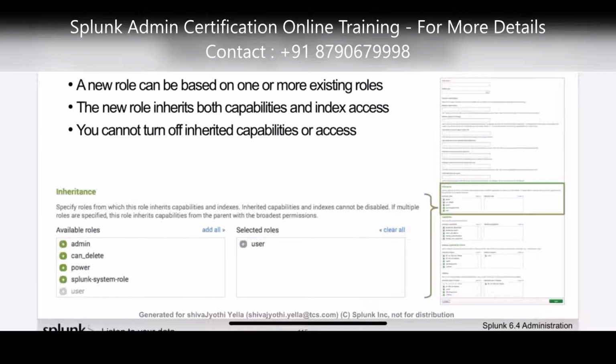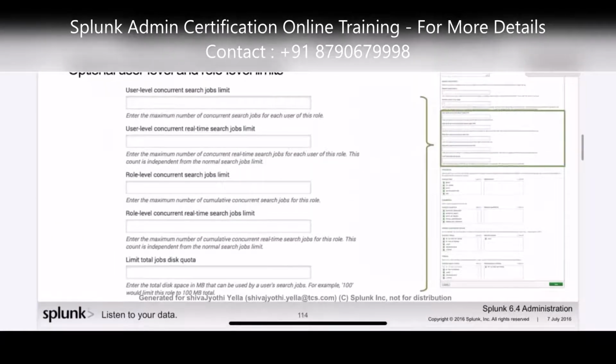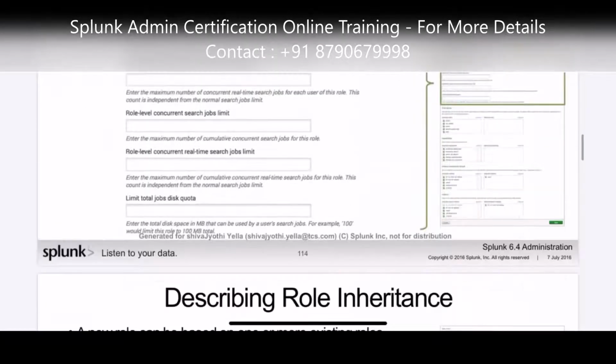Now, describing role inheritance. As I said, we provide a user role to the user. If you want to add any additional roles, you can give them. After the optional user level and role level limits comes inheritance.